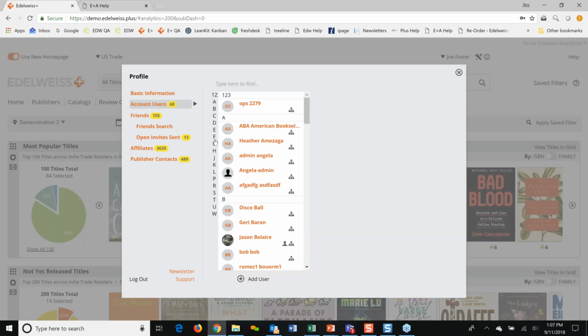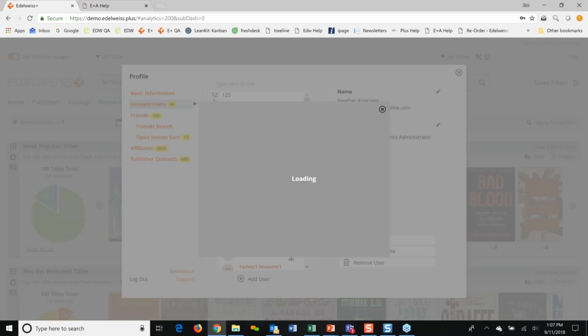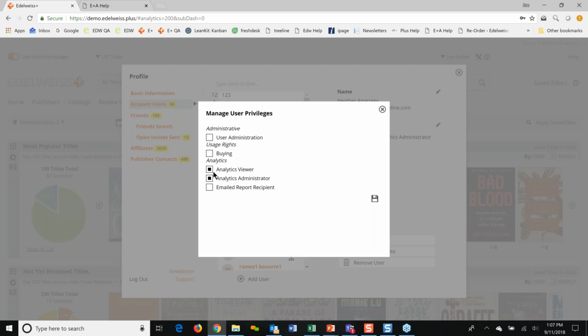User administrators, this is how you do that. So I'm going to look at Heather here. Heather does a lot of good stuff for us. You can click on the person's name, click into privileges, and you can tell them that they're an analytics viewer, which gives them access to that tab. And then analytics administrator is something that has ramifications that we're currently working on, like a deeper dive into things. And the emailed report recipient is something you would click on if you want them to receive the shelf report,